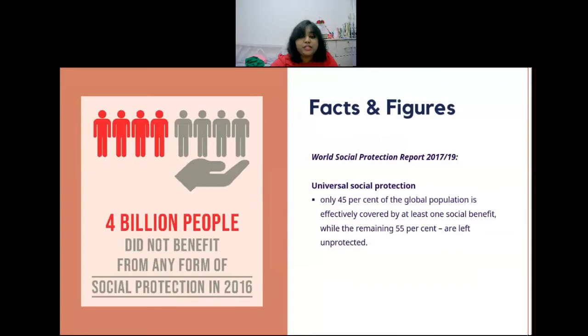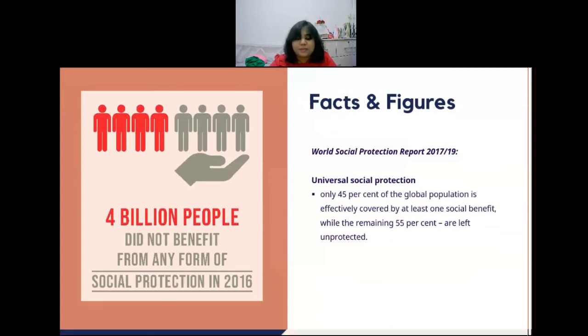And yeah, according to the World Social Protection Report 2017-19 on Universal Social Protection, it seems only 45% of the global population is effectively covered by at least one social benefit, while the remaining 55%, which comprises about 4 million people, are left unprotected. So the lack of social protection leaves people vulnerable to ill health, poverty, inequality, and social exclusion throughout their life